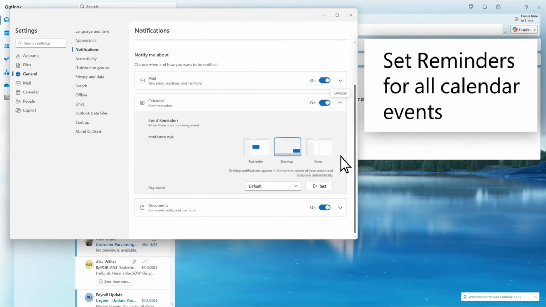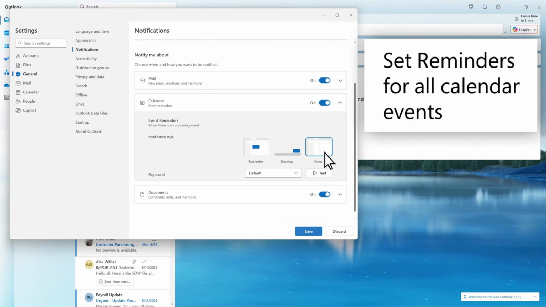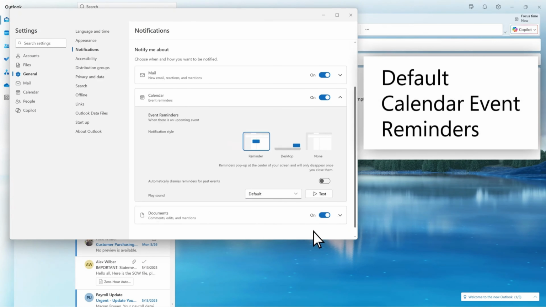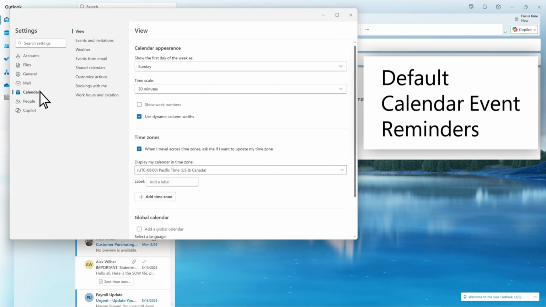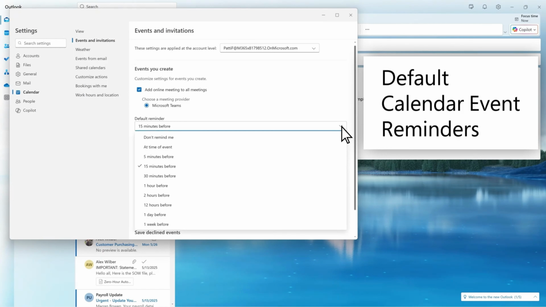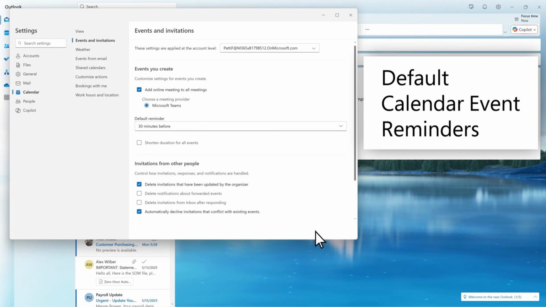Reminders will alert you that a scheduled event is coming. You can individually control the appearance and sound of reminders, as well as notifications. You can set a default reminder time for all new calendar events in calendar settings. Under Events, you select the default reminder drop-down, choose your preferred reminder time, and click Save